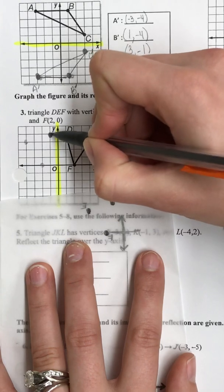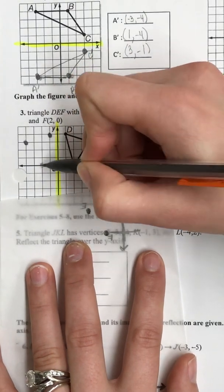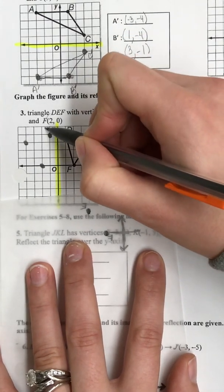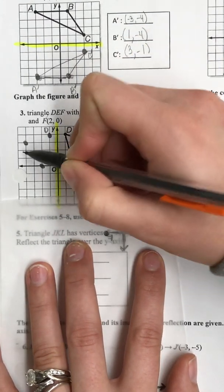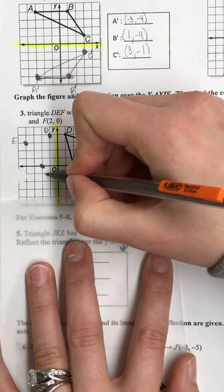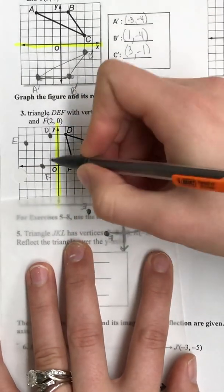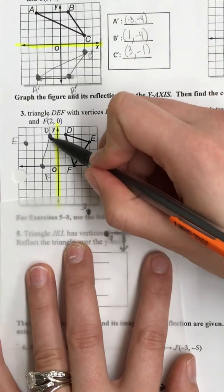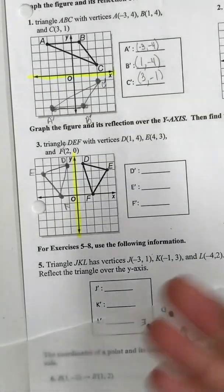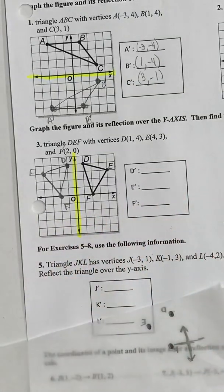So I'm gonna create my dots again just to make them nice and darker. Notice how D is where my top dot was, E is to the left, and F is the one down at the bottom. Okay. Connect the dots so that you make yourself the nice triangle. And then when you move your patty paper, you should recognize that's the exact same image except it was flipped